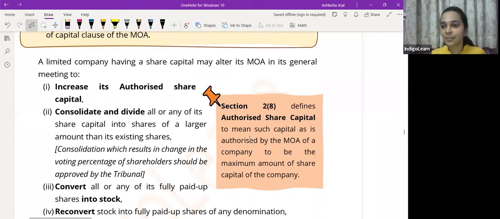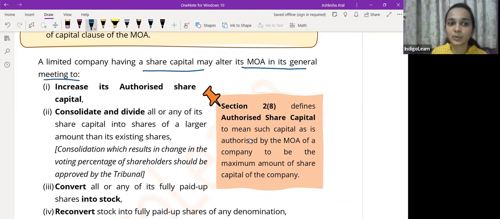See, alteration of capital is possible only where a company has share capital. If there is a company where there is no share capital at all, say a company limited by guarantee and not having share capital, in that situation alteration of capital clause does not come into picture because the company does not have capital at all. So only a company which has share capital can alter its share capital. So a limited company having share capital may alter its MOA in its general meeting to increase its authorized